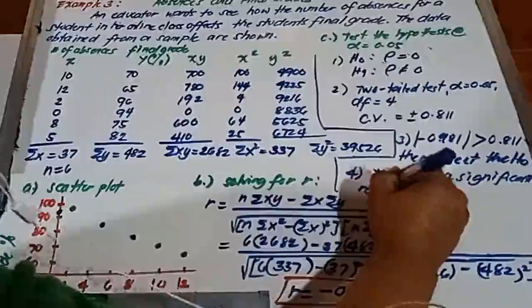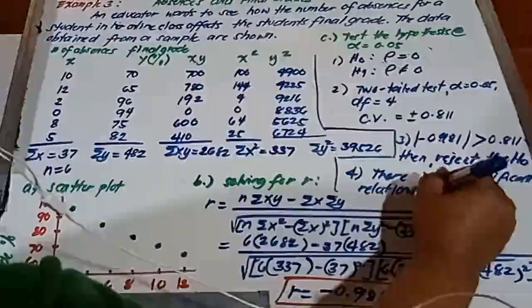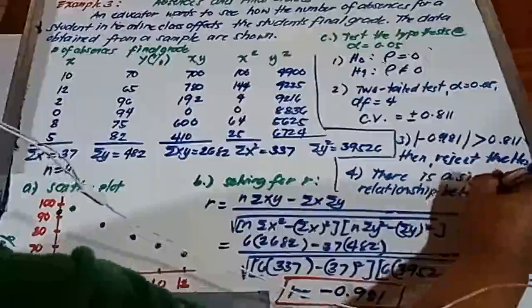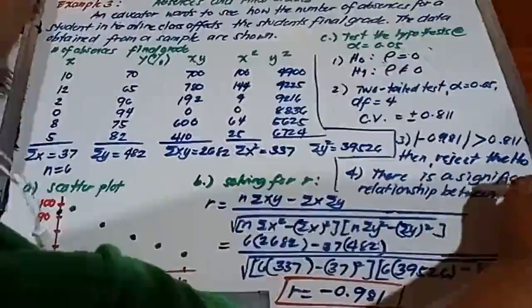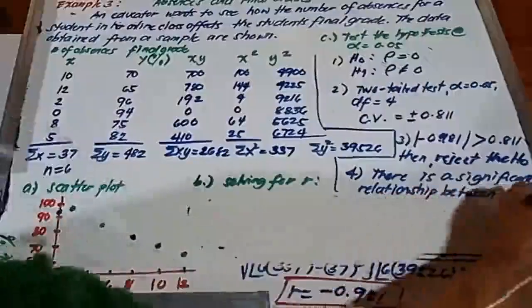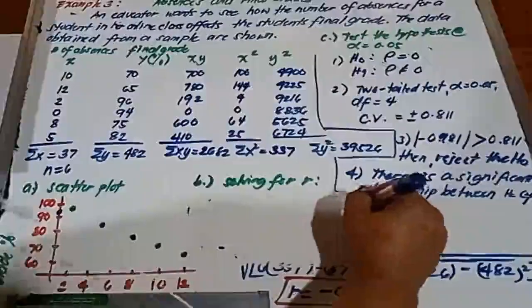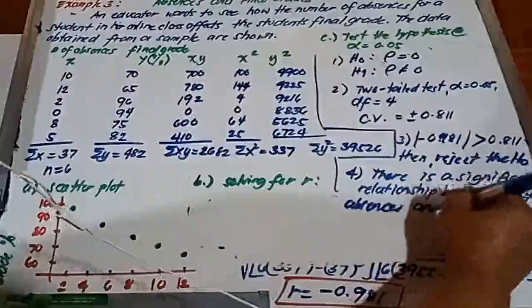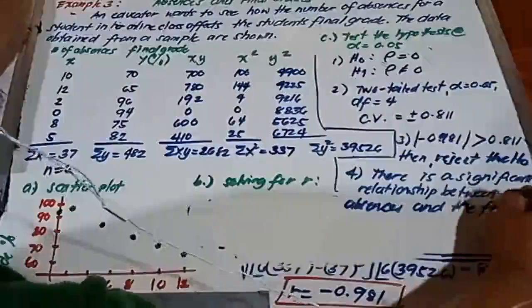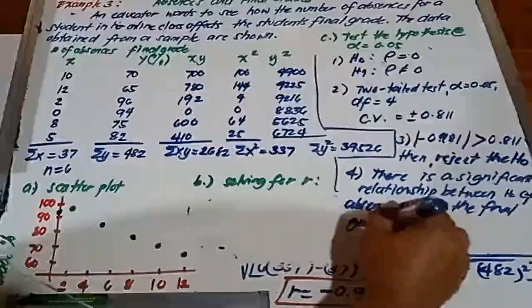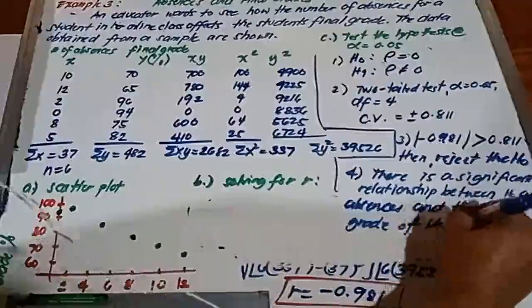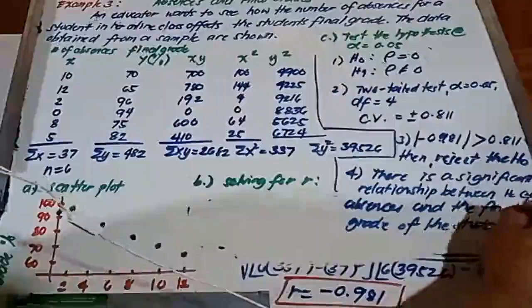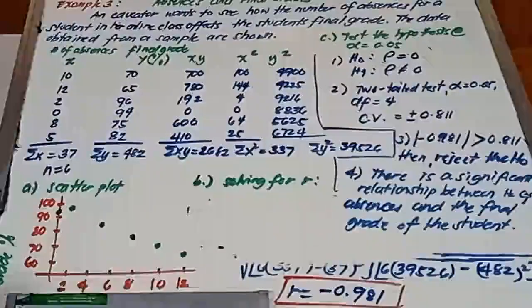Relationship between the number of absences and the final grade of the student. Since there is a significant relationship between the number of absences and the final grade of the student, we can